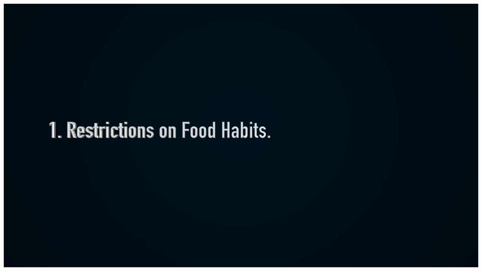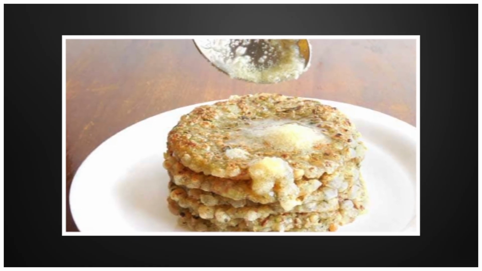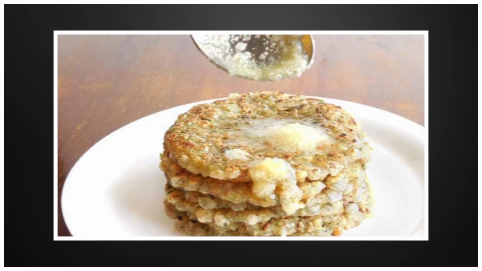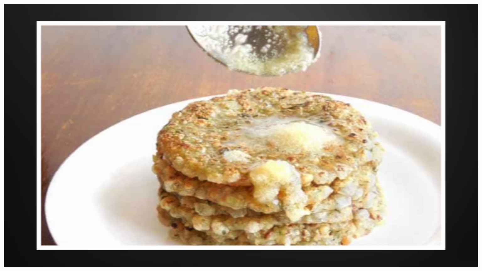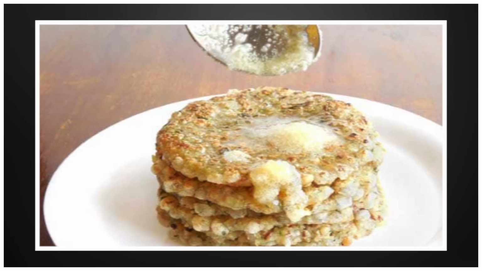Under this we have two aspects. One is restrictions on food habits. The caste system has imposed certain restrictions on the food habits of the members. They differ from caste to caste. Who should accept what kind of food and from whom is often decided by the caste. For example, in North India, a Brahmin would accept pakka food, that is cooked in ghee, only from some caste lower than his own.